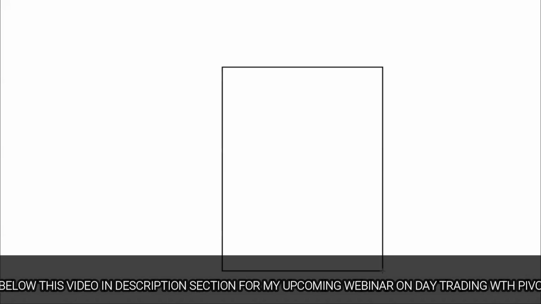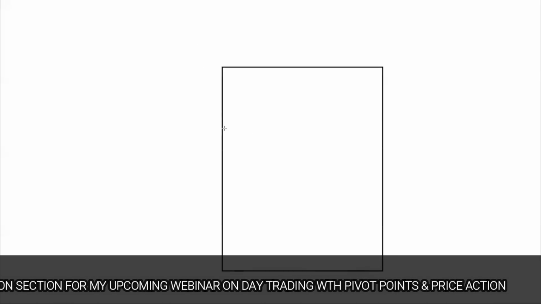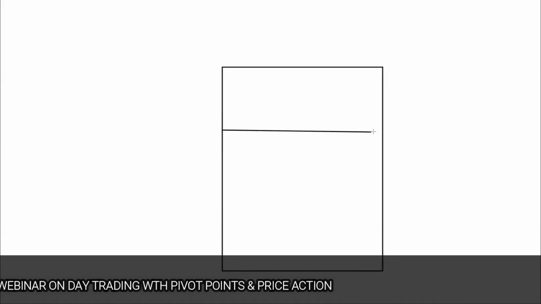Okay, before starting with the strategy, let me just explain the support and resistance concept in simple layman language so that you will understand actually what I am trying to say. So assume that this is your house. This is the ground floor, first floor, basement level. Assume that you are standing here on the ground floor.